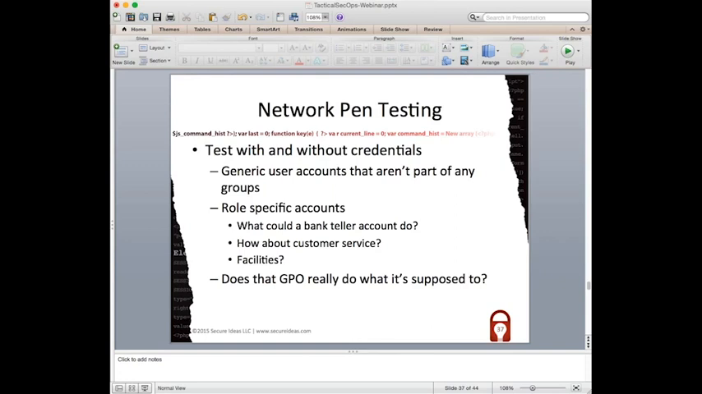We want to go ahead and do this testing without credentials. We want to do it with credentials with varying roles. It doesn't make sense to use obviously an admin account for that. But if I'm working at a bank, let's see what a bank teller account can do. They should have limited access. Only these functions or